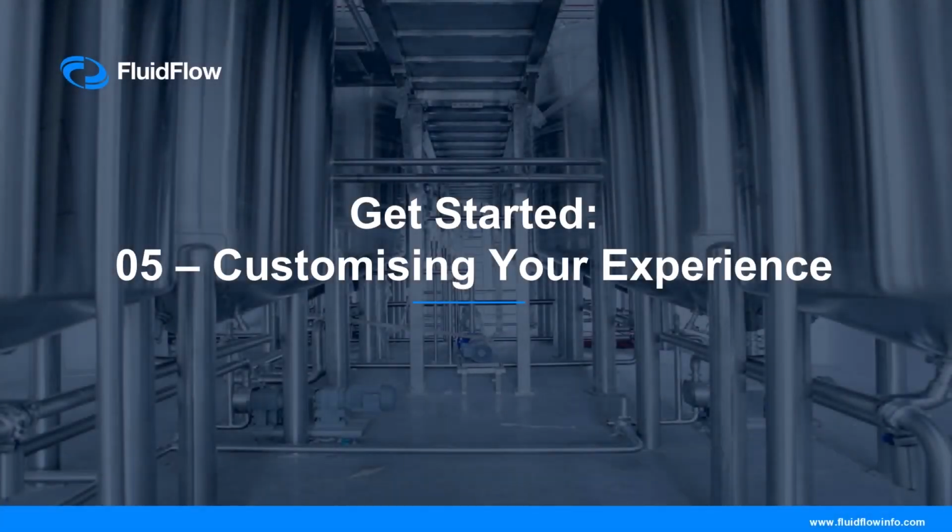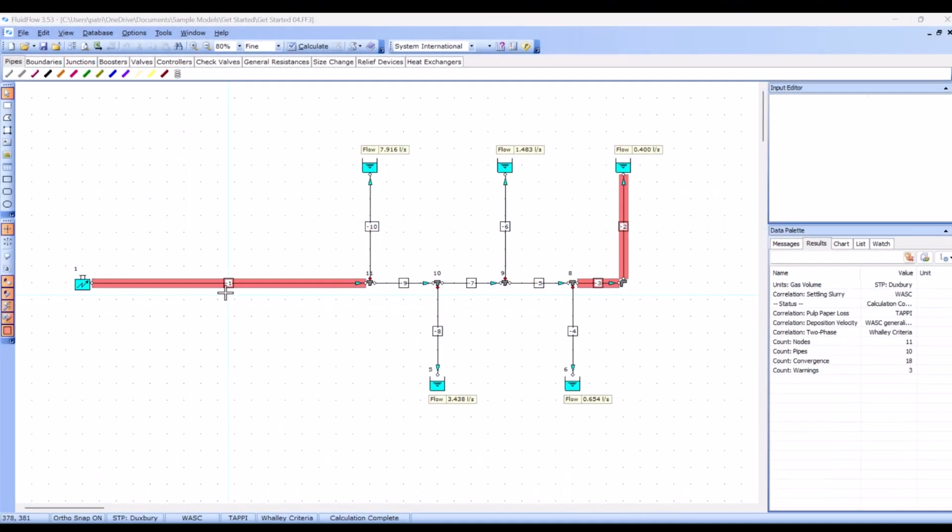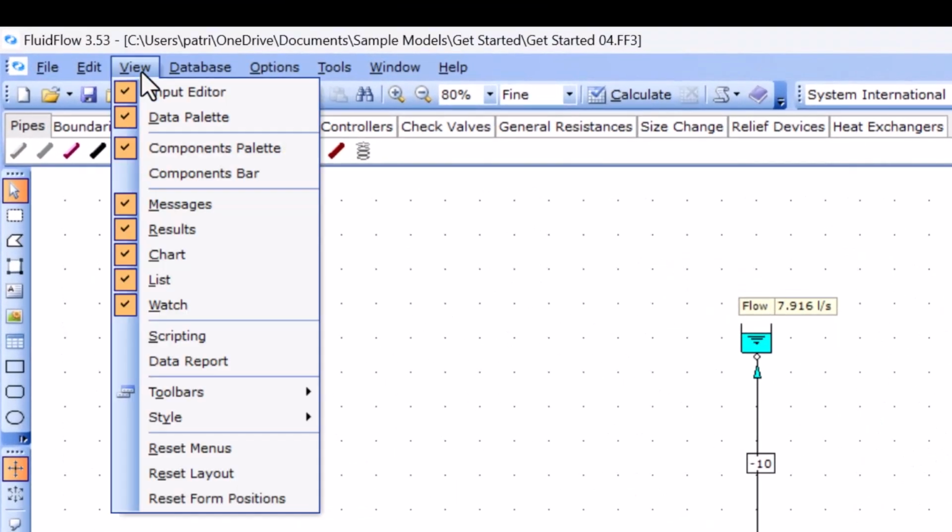Like any creative process, building and designing piping system models is shaped by individual preferences. FluidFlow offers a wide range of customization options, enabling you to tailor the appearance and functionality of the user interface to suit your preferred workflow. The first set of options can be found under the View menu, where you'll have a variety of options to